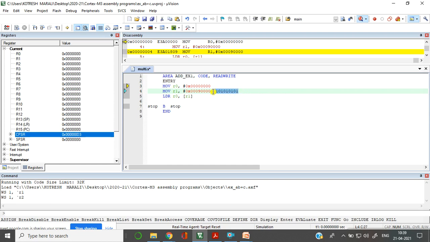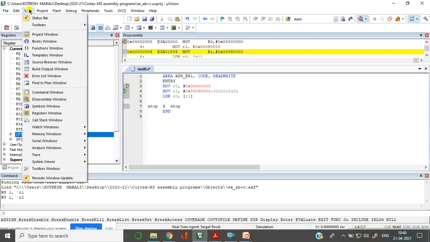Now this data should be moved to R0, but this data is present at the 9000 location. So where should I see the memory first? In the Keil window, you have an option called View. There, move to Memory Windows and select any one memory.